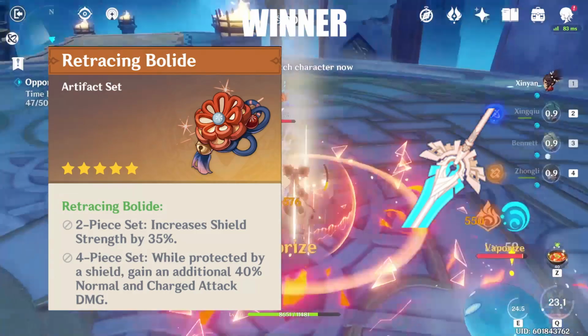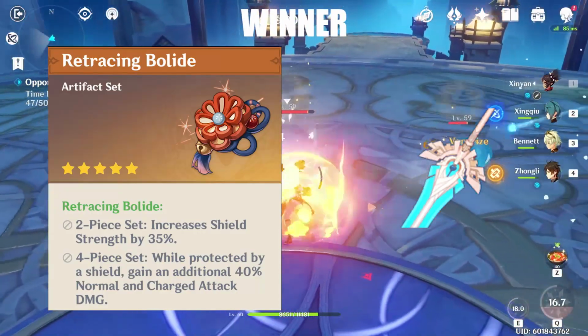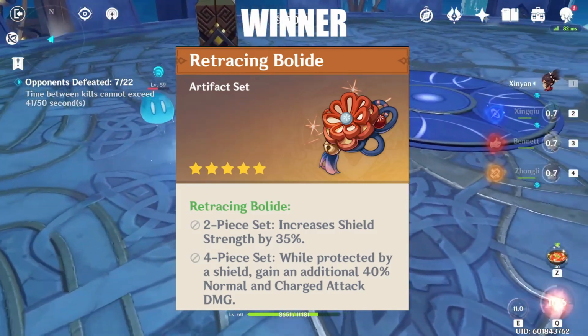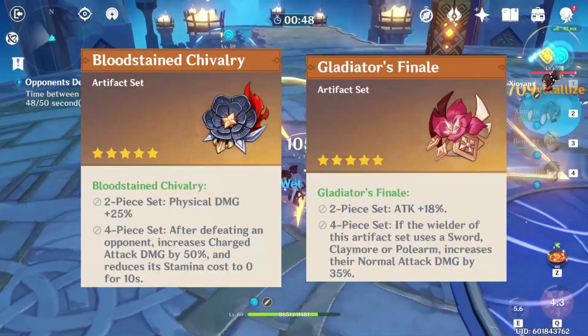First was consistency. With a support unit who could generate geo reaction or just a shield, was able to upkeep the effect of 4-piece Bolide, and that 40% normal and charge attack buff was invaluable, especially with XinYan's 6th constellation buffing her charge attack. For those who were wondering, then how come the Bloodstained Gladiator piece did not win out